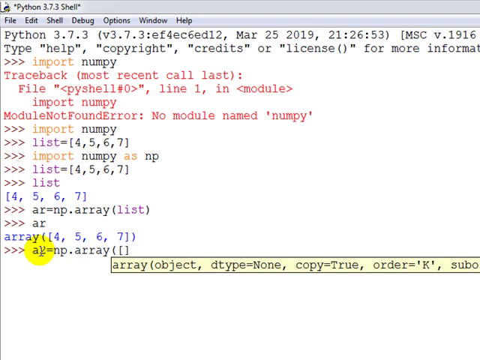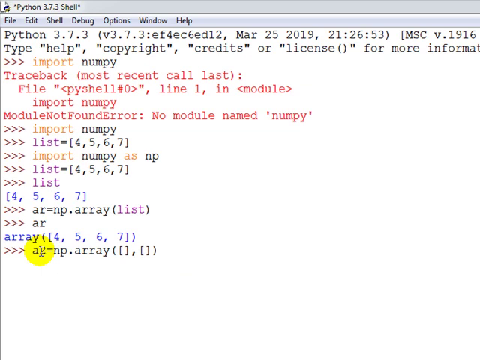First square bracket for the first dimension, comma, second square bracket for the second dimension; the first is for the row and the second is for the column. For example, I am giving the values 2, 4, 2, 3, 4, 5, 6, and similarly next values 5, 3, 7, 8, and one more value, 5.